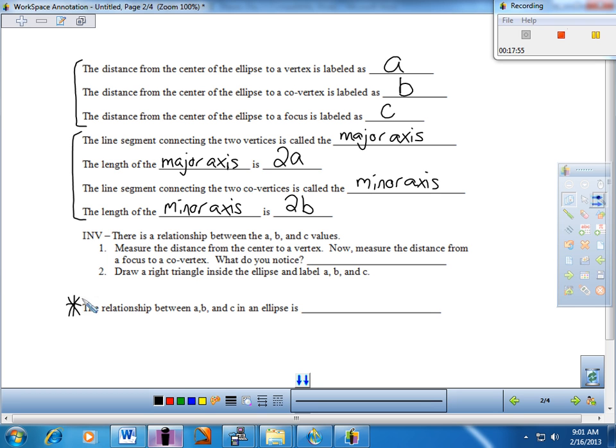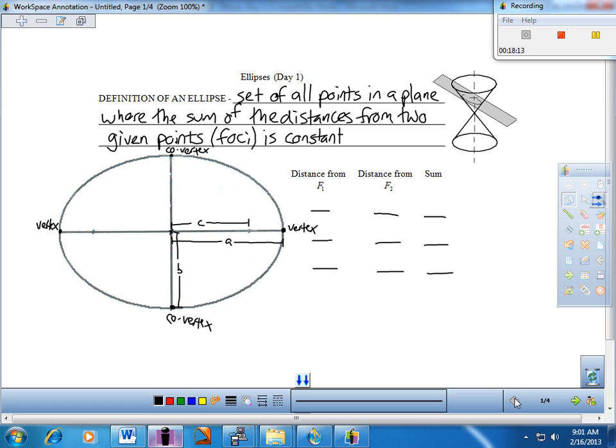So let's read the investigation. It says, there is a relationship between the A, B, and C values. And it says, measure the distance from the center to a vertex. All right, let's do that. So everyone, if you would, grab that ruler, and in here, can you measure from center to a vertex, from there to there? That would be A, of course, from here to here. So measure what is A on this particular ellipse that I gave you. Okay, so grab that ruler,